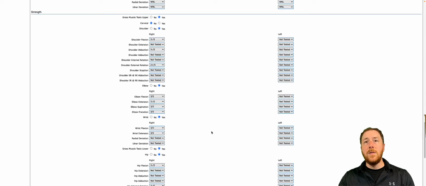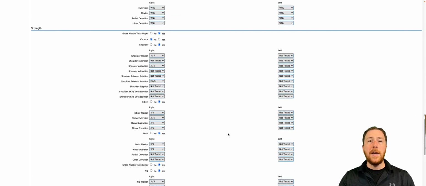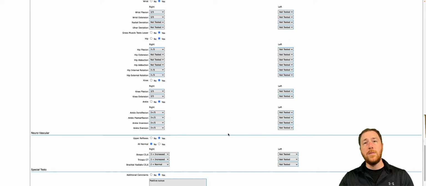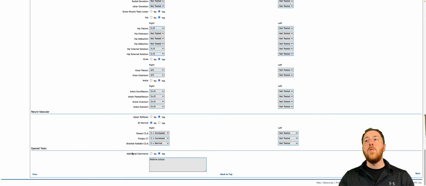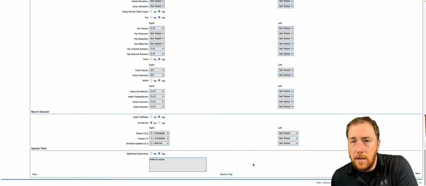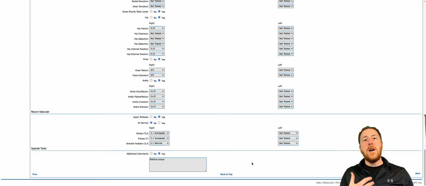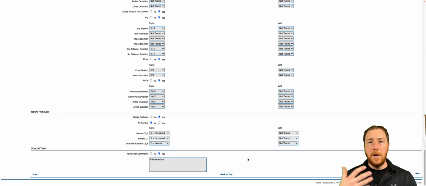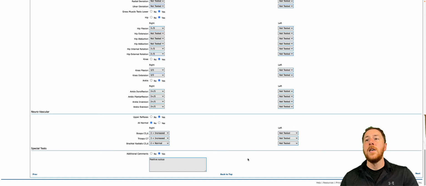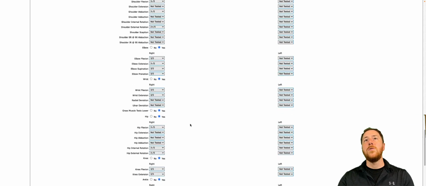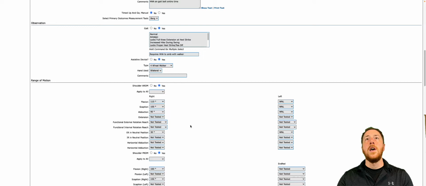Strength testing, absolutely appropriate for this patient, going all the way down to the hand, because this is a stroke patient we're talking about. What are the reflexes like, and also if there's any special tests, or just even observations that you can put. Here I'll put a positive sulcus, very common after stroke patients. This also will go further into our assessment, etc. So as you see, we got some strength issues, some atrophy issues, range of motion issues, and also some fall